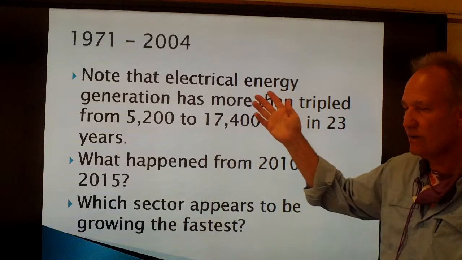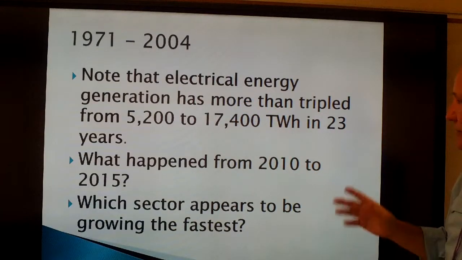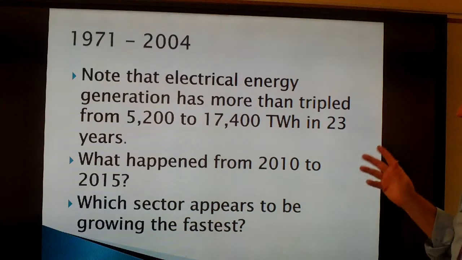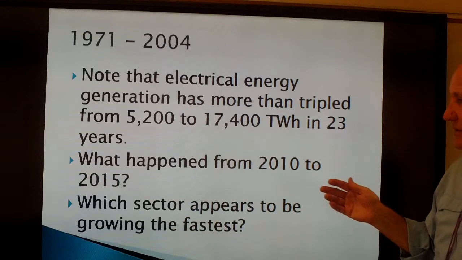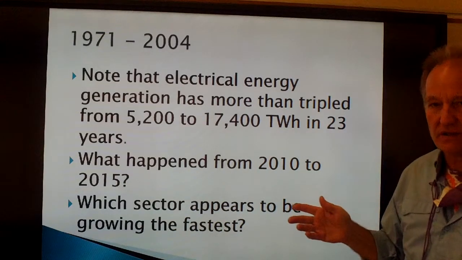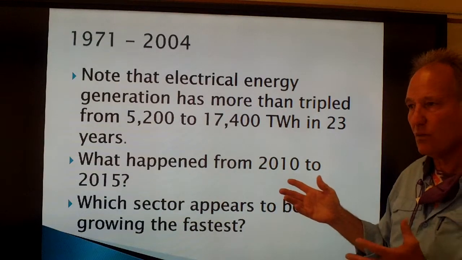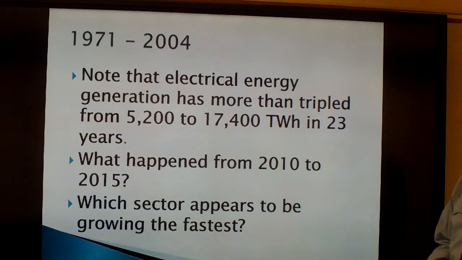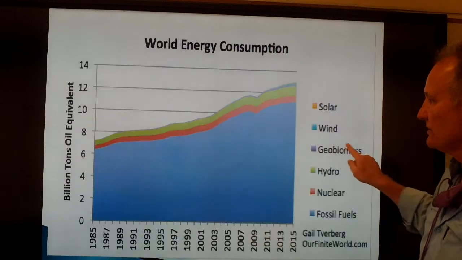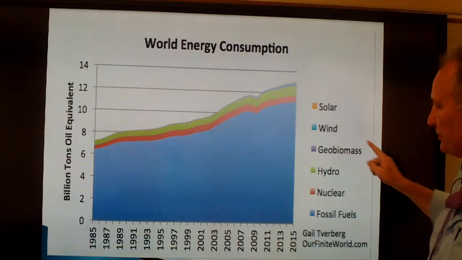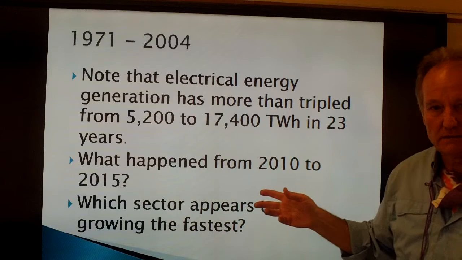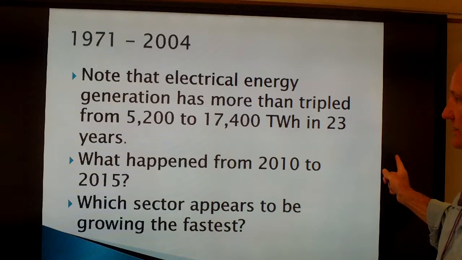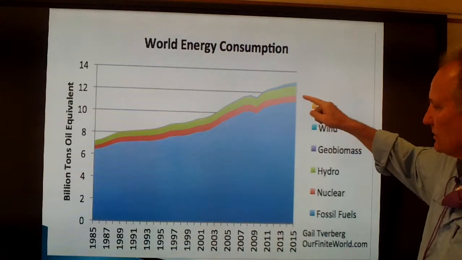So between 1971 and 2004, note that electrical energy generation more than tripled from 5,200 to 17,400 terawatt hours in 23 years. So we have tripled our energy generation. Why? More and more of humanity wants to have electricity when they go home. And what happened from 2010 to 2015? Notice there is a little dip right in here. Why? Economic recession, okay? And which sector seems to be growing the fastest? So if you look at these, who's growing the fastest? Well,